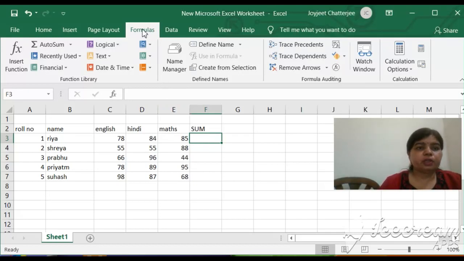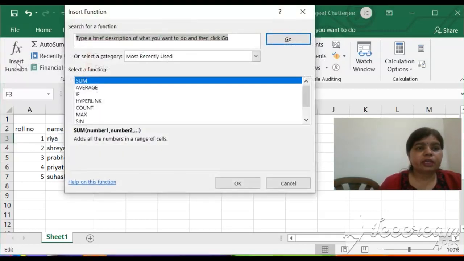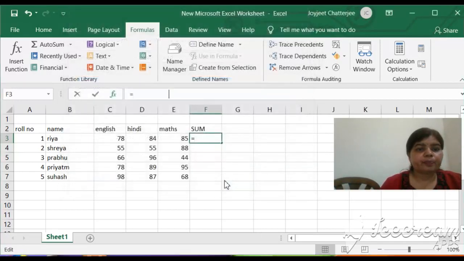So first of all, click on the formula tab. The formula ribbon appears, and on the left side you can see the insert function button. So click on that. The insert function dialog box will appear. Here you have to select a function. So I'm going to select SUM and then OK.